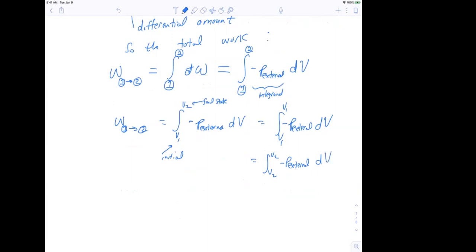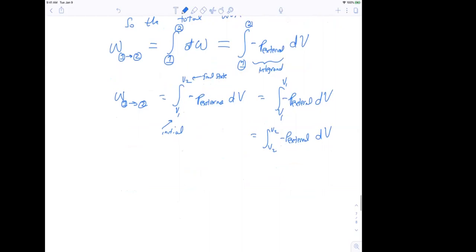And what are these integrals? If we have the same limits on an integral, perhaps you remember from calculus, the integral has to be zero. And so I went through this very explicitly just to show you that for 1 to 2,